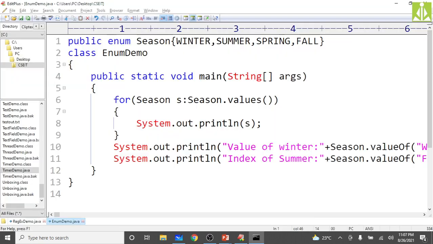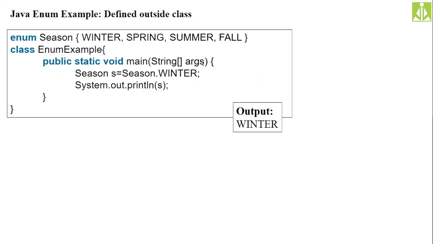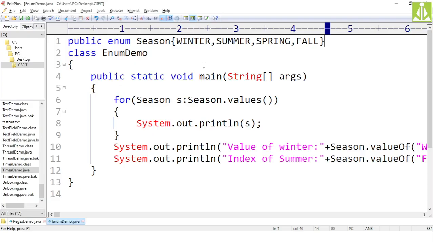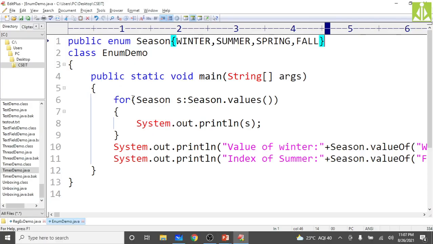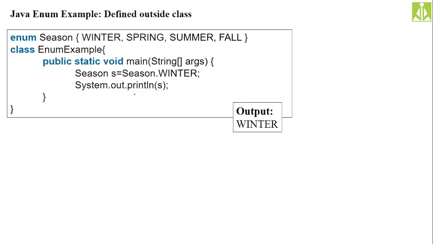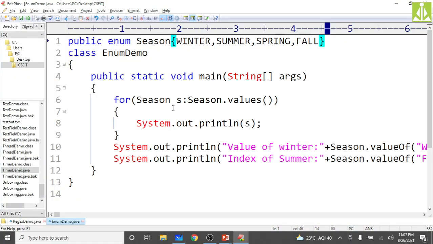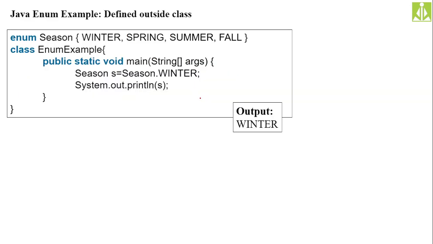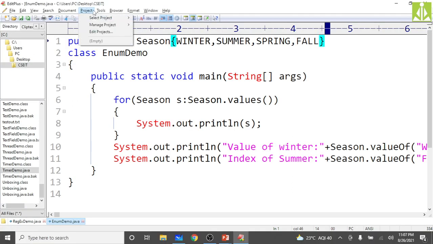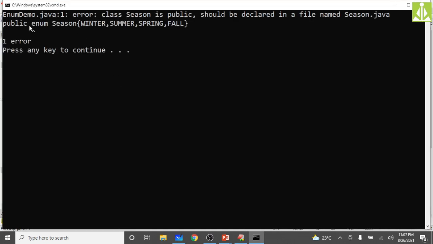Okay, what mistake have I done here? It should be declared in a file named Season.java.